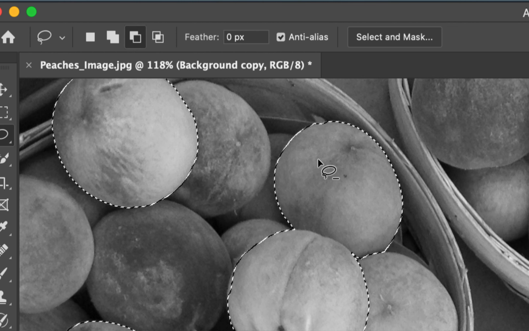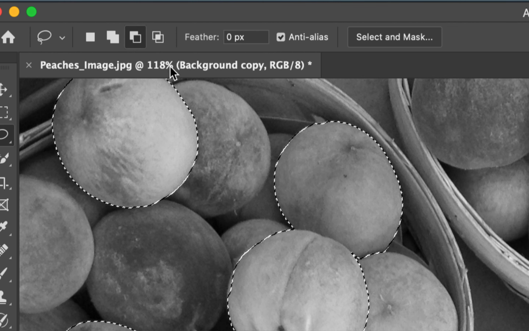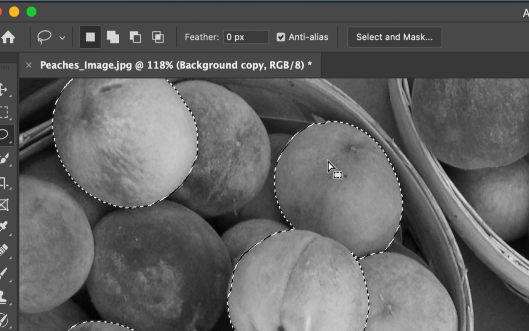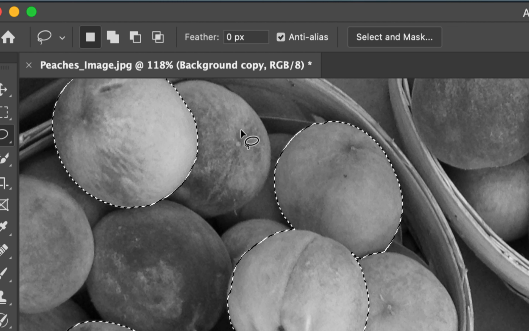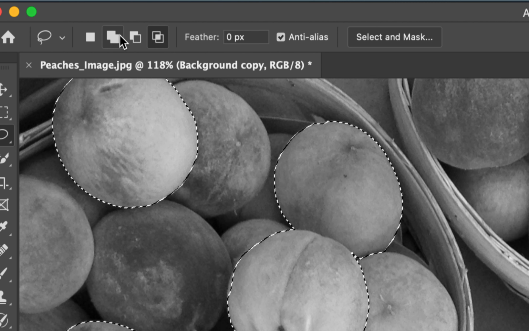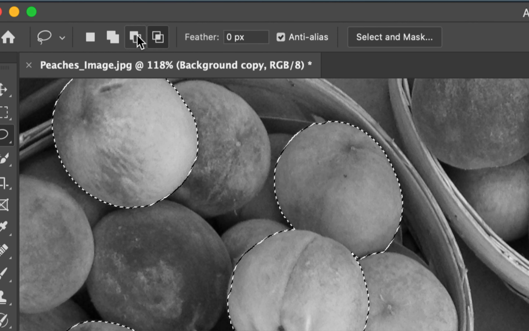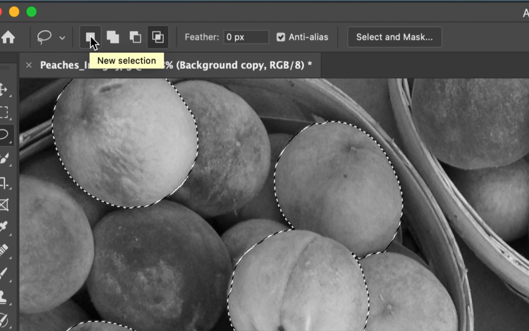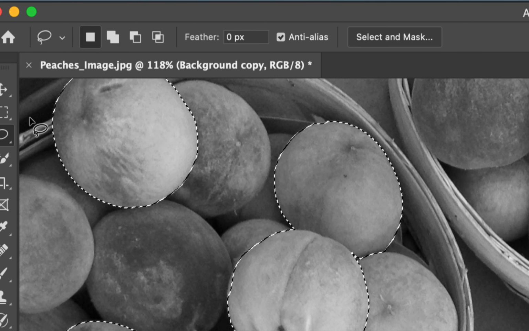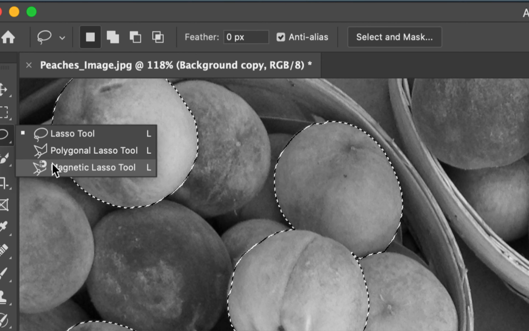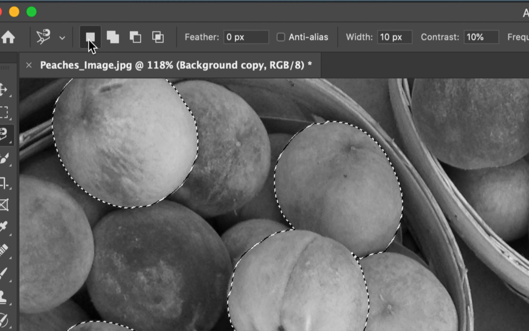You can see that there's a little minus sign on my icon there. If I do the add to, it's going to have a little plus sign. And if I do the new selection, it's going to have nothing to it. It's just the selection arrow and the lasso tool. It doesn't have anything underneath it. We're not going to work with a difference right now, but it's very helpful to have the add and subtract and new selection. I would suggest using the new selection for most of the work here, because that'll help you for the most part. So if I go to the magnetic lasso tool and I'm making a new selection,